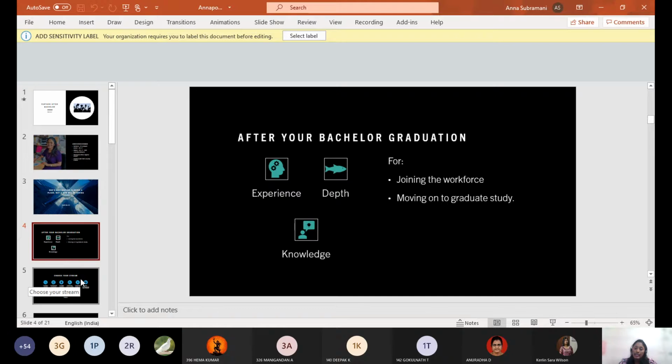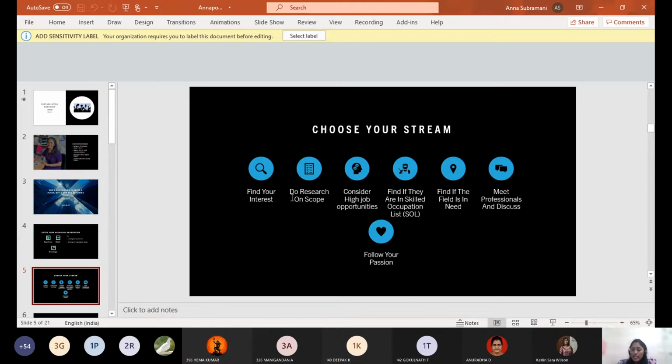And when talking about choosing your master's, the first and foremost thing that you need to do is choosing your stream. Basically in India, if you do a computer science group in 11th and 12th standard, we end up doing engineering. But here, even if you're in engineering and computer science, you have the freedom of doing any course that you like. If you're willing to do game designing, you can do game designing in your master's. If you're willing to do cyber security, you can do that. If you're willing to skip to electronics, you can do that. So you can choose your stream, and you have complete freedom for that.